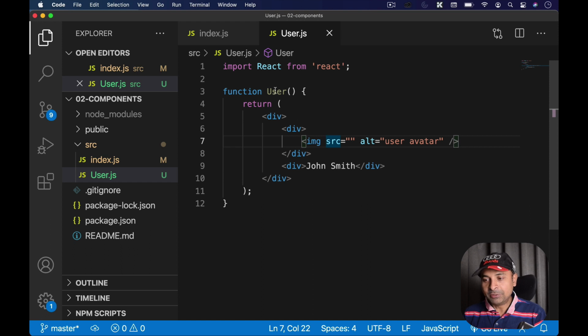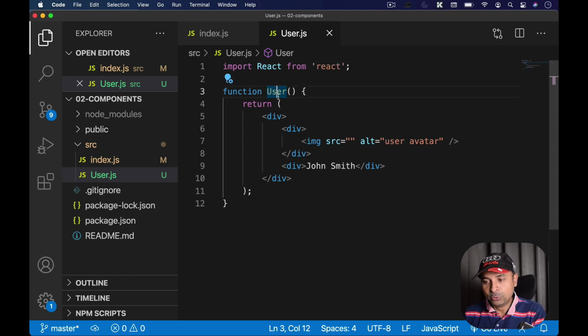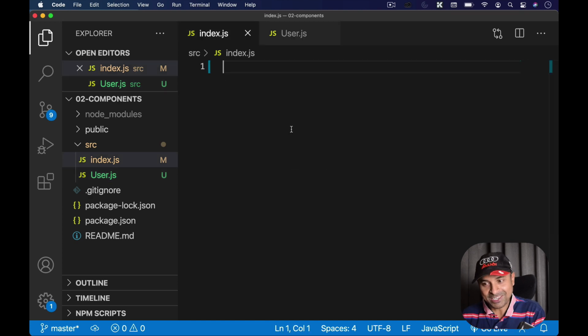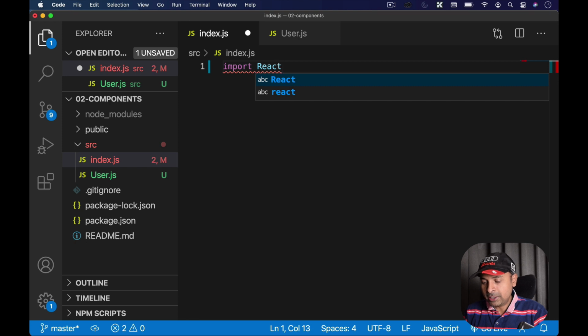Now I have this user component created in a separate file, right? User.js. And somehow I need to bring this user code into index.js so that I can render it, right? So I need to use React DOM actually.